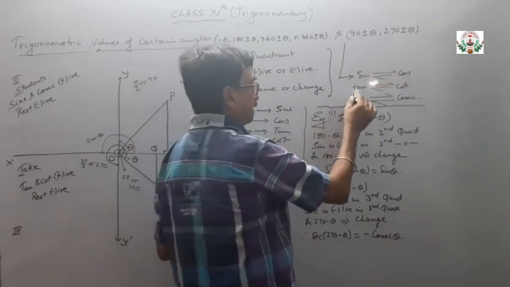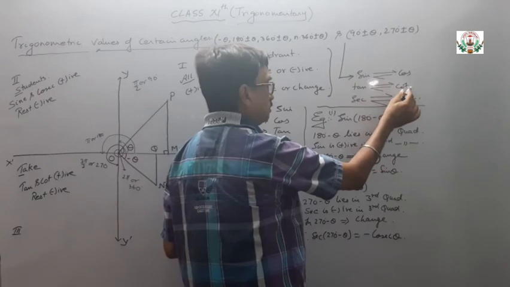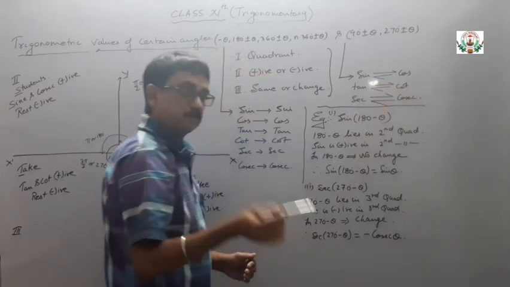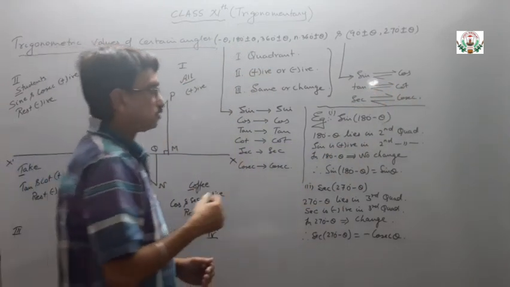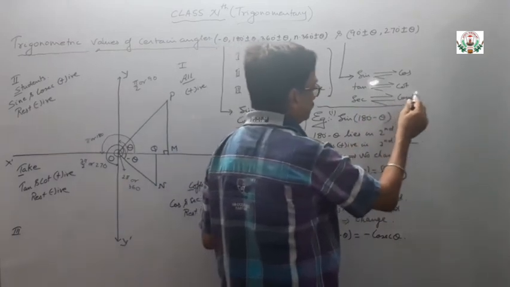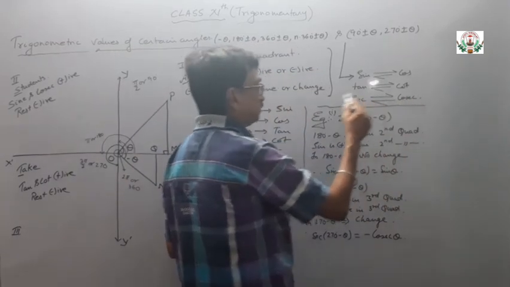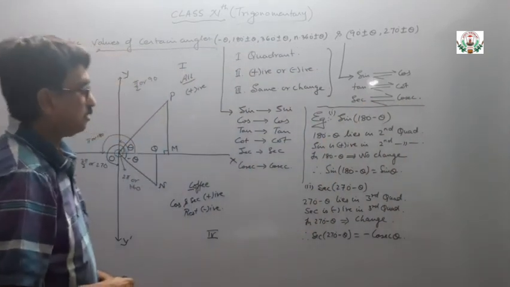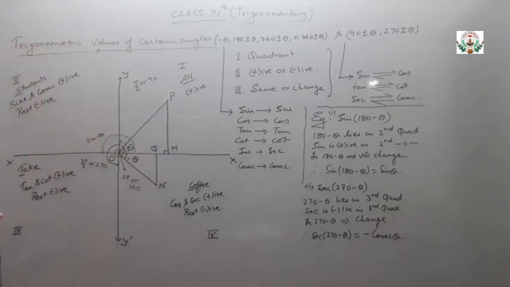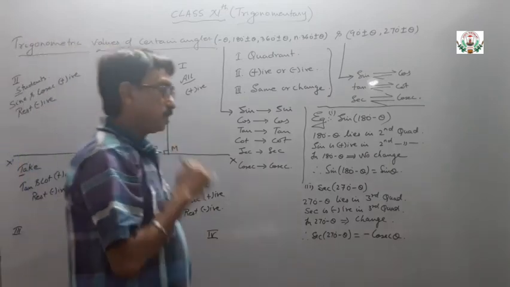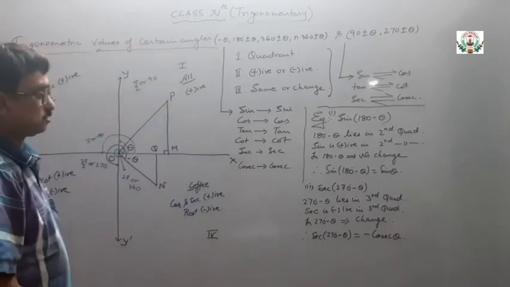If it is in tan, then you have to answer cot, and if it is in cot, the result will be in tan. If it is in sec, then the result will be in cosec. If it is cosec, the result will be in sec. So remember these 3 points. You have to note all these things down in your copy and practice a lot. Okay? I am explaining an example now on this basis.